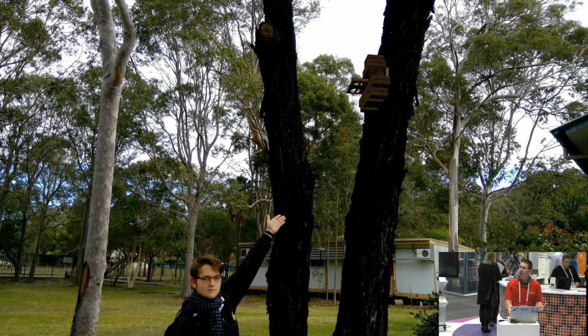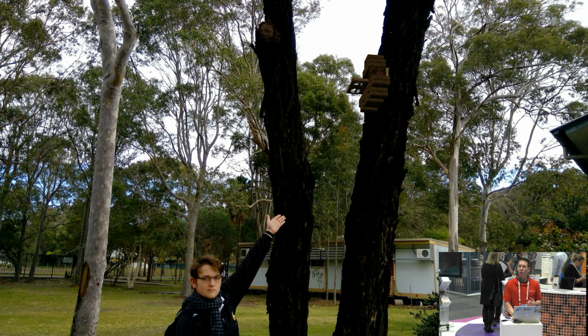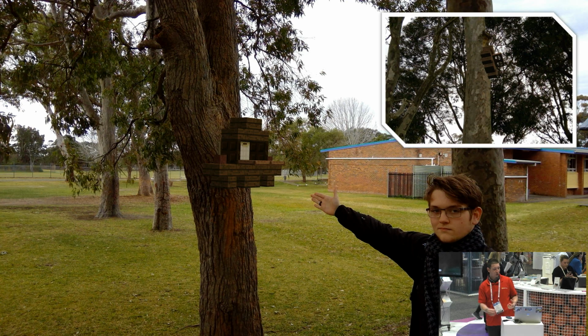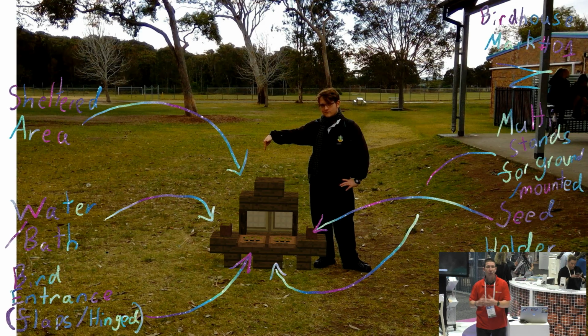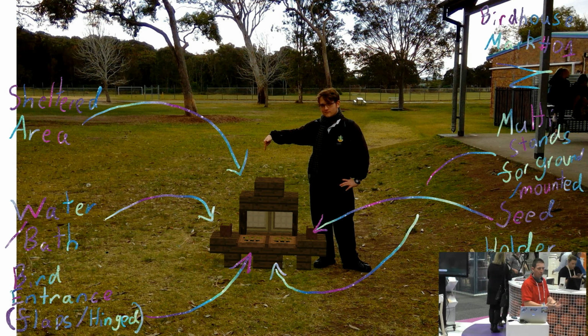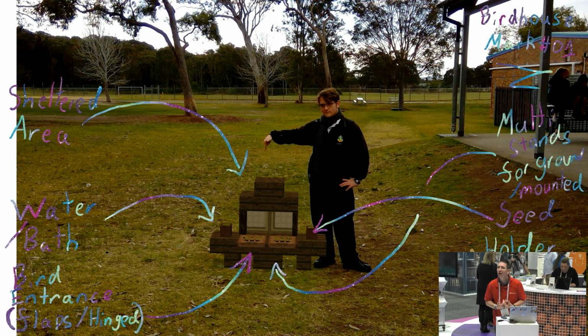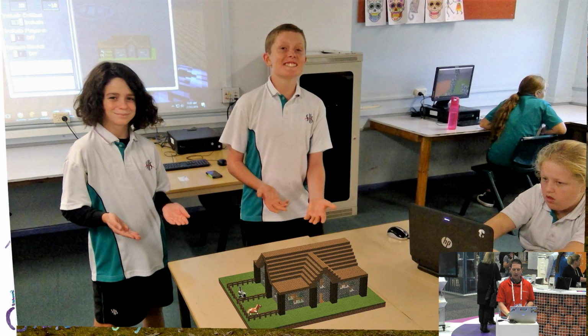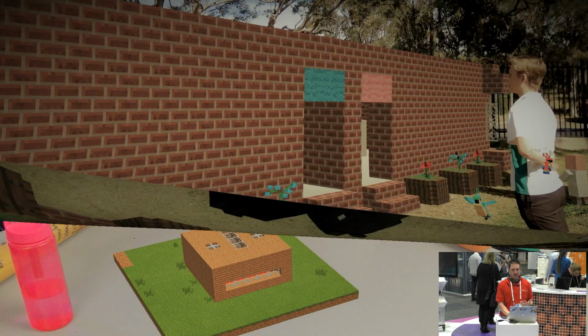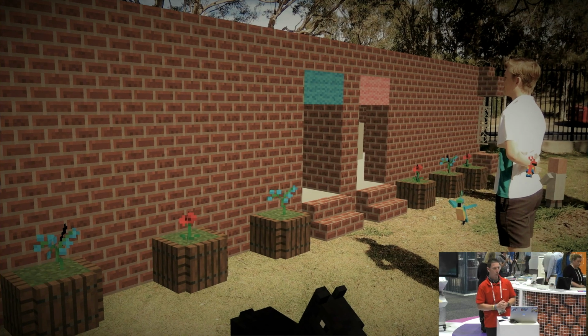But then he went out into the playground and he took this model and he showed the P&C, could we get the resources from the TAS department so Braden could put this birdhouse around the school? And part of his research project basically was, where would the birdhouse look best in the playground? What trees would it suit by? How can we really maximise the sustainability of all the food getting dropped on the ground by the students? And what would Braden's birdhouse look like in that environment? So you can see all these great examples using Minecraft and 3D models in the schooling environment.